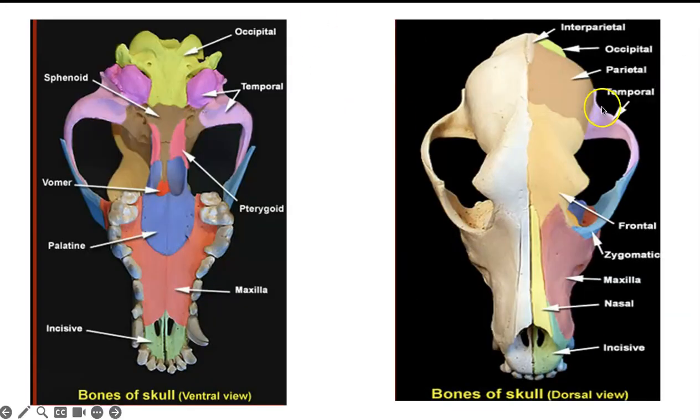Now if you look also at the dorsal view, you can see again the same as we mentioned. You can see now the difference between the paired bones, like the nasal bone, here is a pair, and they have the maxilla bone and, on the two sides, the frontal bone. Parietal also will be like a paired bone. If you look at the ventral aspect, the ventral view, you will see here the incisive bone, the maxilla bone, you have the palatine bone, the vomer bone, pterygoid, temporal bone, occipital, and sphenoid bone, and this would be the